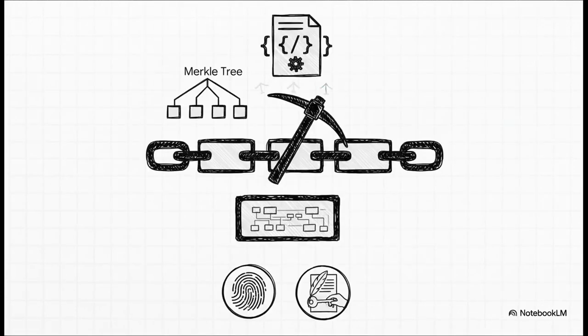So let's just quickly recap our journey here. We started with the problem of double spending. We learned that hashes create unique digital fingerprints. We saw how transactions get bundled into blocks to form a public ledger. We understood how proof of work secures the entire chain through computational effort and how Merkle trees keep it all efficient and verifiable. And ultimately, this entire tech stack is what enables these powerful, programmable, self-executing smart contracts.